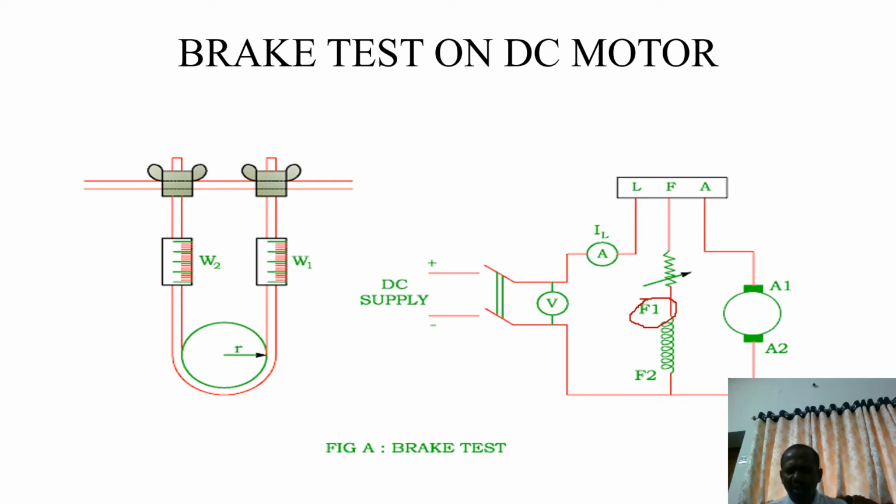The load current is divided between the field current and the current passed through the armature winding. At the maximum position of the variable rheostat, some part of the current passes to the armature and some part to the field. If the resistance is at minimum position, maximum current will pass through the field winding and only a small part will pass to the armature. By adjusting the field, you can change the flux, and the armature current will cause the armature speed to increase.